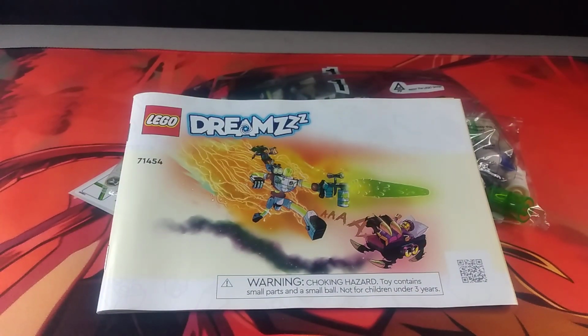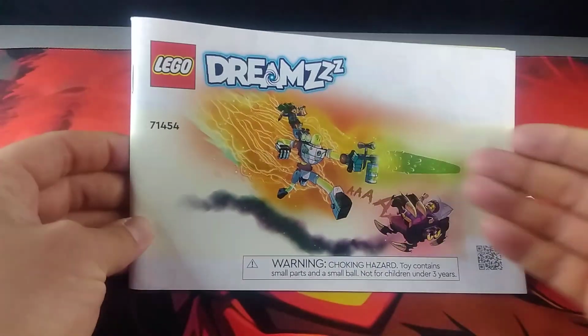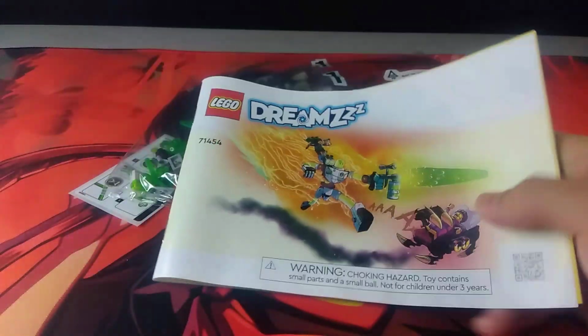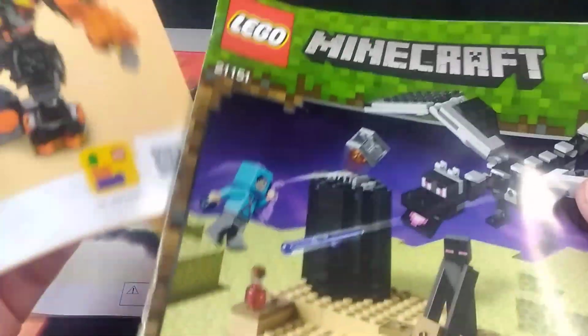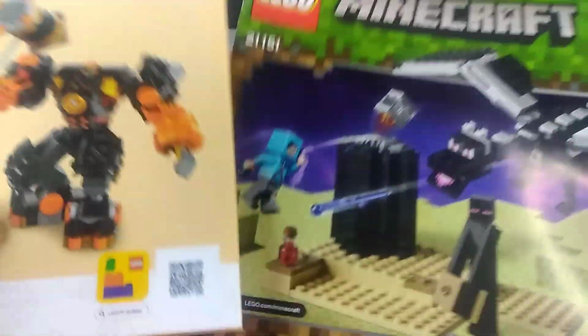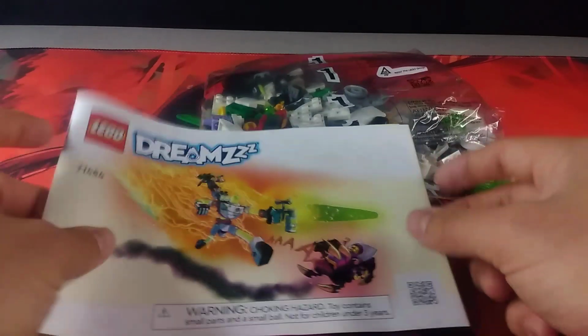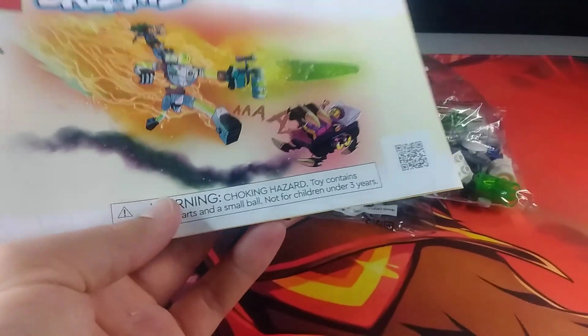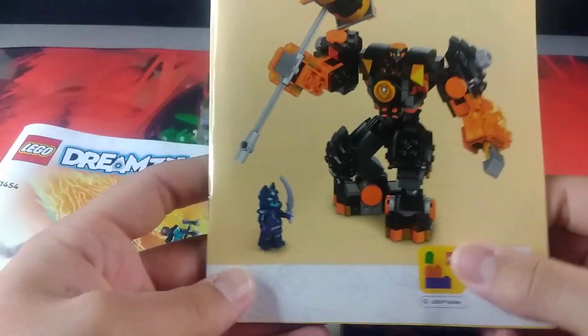I find this interesting because, first of all, for the cover, before even opening these instructions up, I can already tell they're doing something crazy different. Because what you normally see for Lego sets in terms of instructions is a shot of the set itself on the instructions, which is very typical for Lego sets to do, and it's tried and true. It's still completely fine. Doesn't look bad in the least. Whereas this one is rather interesting because rather than just putting on a normal shot of the set on the front of the instructions, on the cover of the instructions, they rather